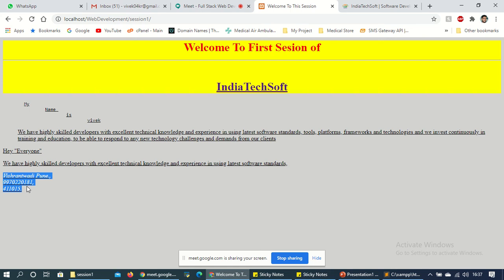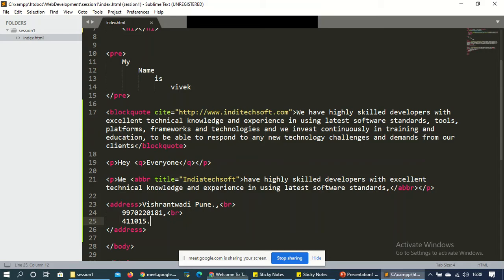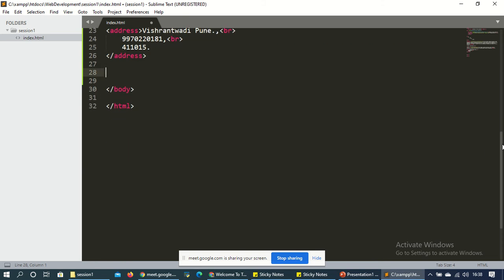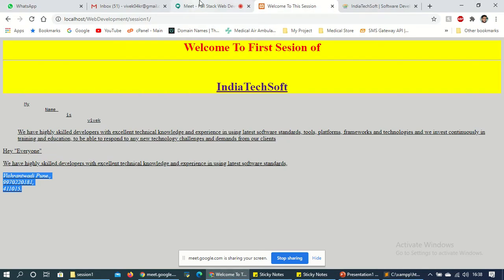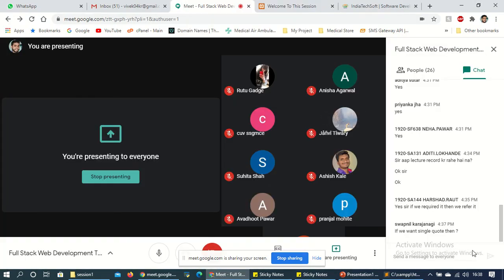Now the next one is the cite tag, for the title of the work, whatever you have done and want to show. So after this address, Swapnil has asked if we want single quote, then you can write in single quote.